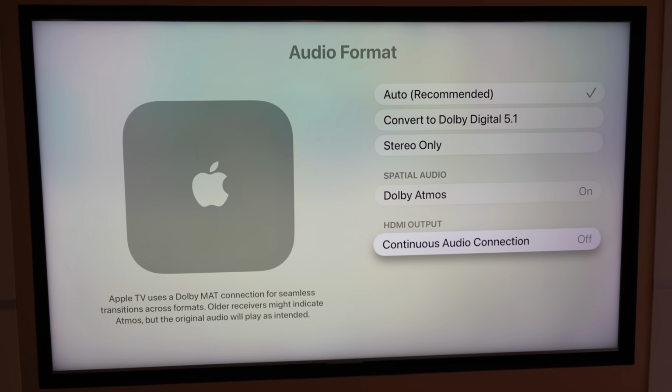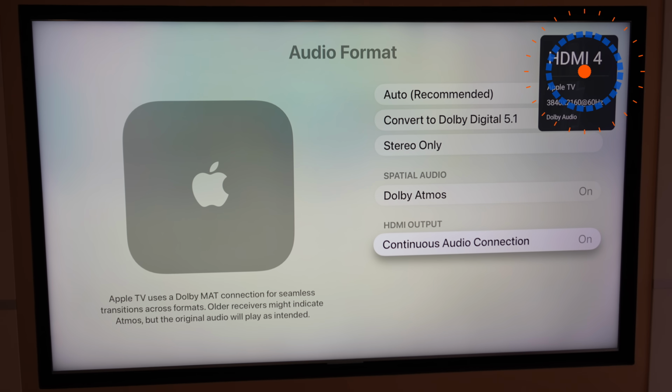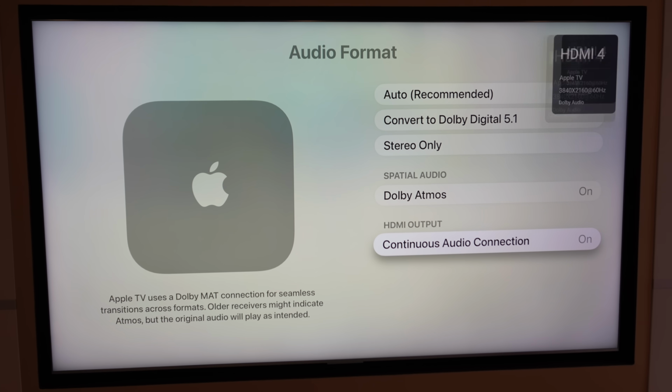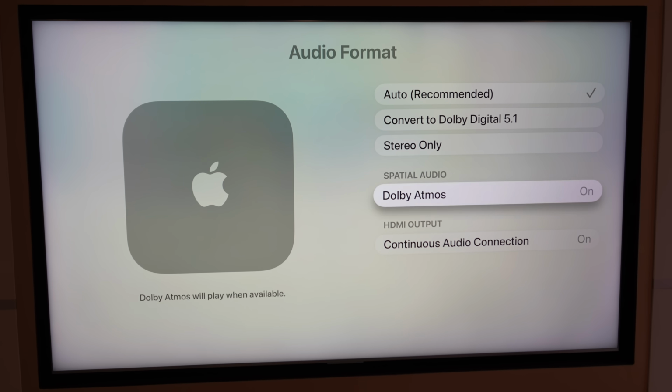So now basically what is being passed out of the Apple TV is just a basic PCM 2-channel signal sending those blips and boops. But if I turn the continuous audio connection back on, we're going to see in the upper right-hand corner, there's our overlay HDMI 4, and it says Dolby Audio now in the bottom right-hand corner. So the Apple TV has now locked back into a Dolby MAT container, and we still get our bips and